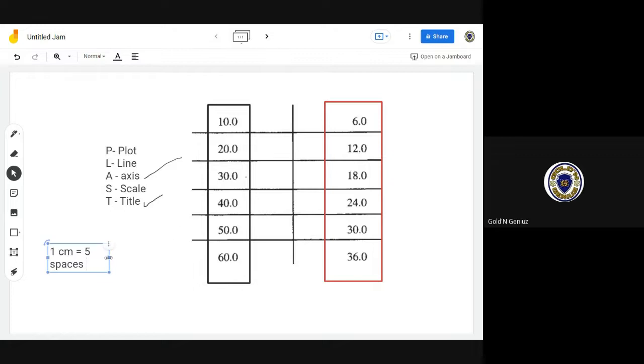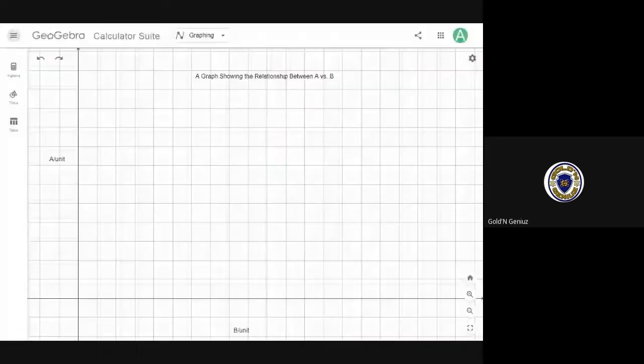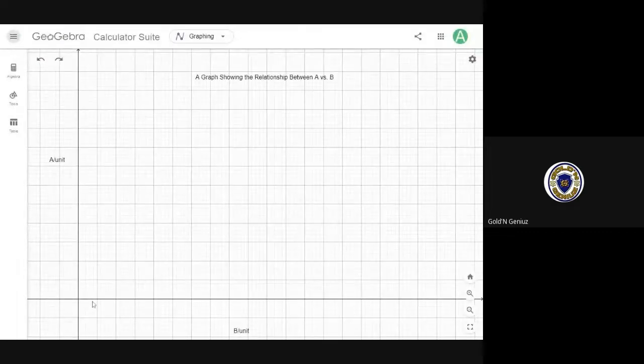All right. And again, this is 2 centimeters, basically matches up to 10 spaces. Good. All right. So let's go over back to the graph and analyze the graph. We have 1, 2, 3, 4, 5 spaces, right? 1, 2, 3, 4, 5. Yes. So if we should go up by 1 centimeter,